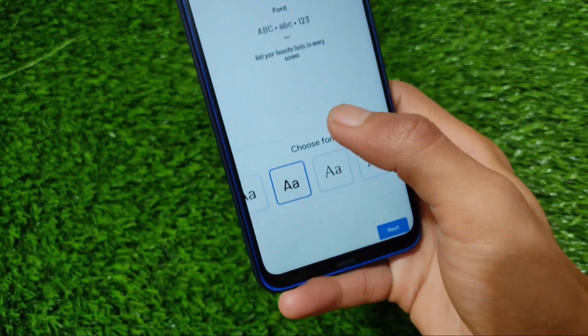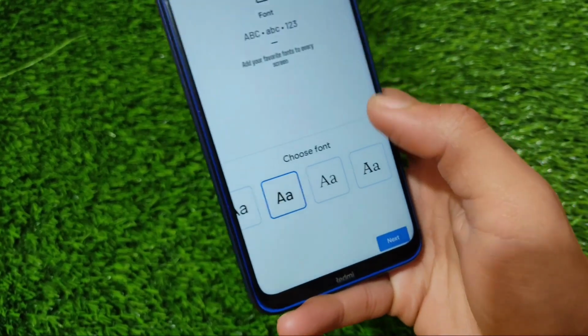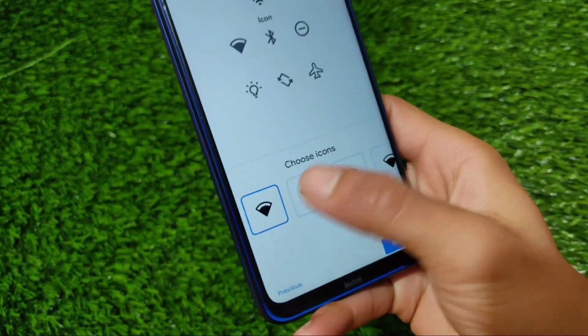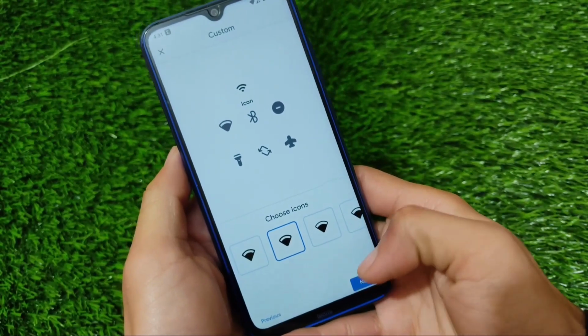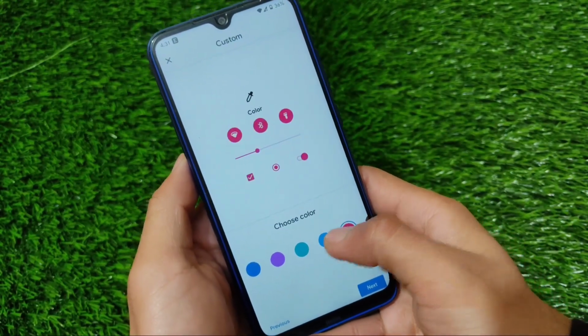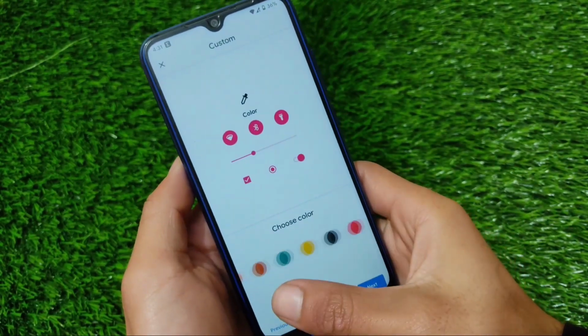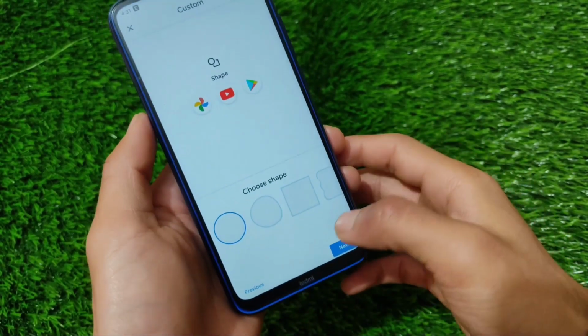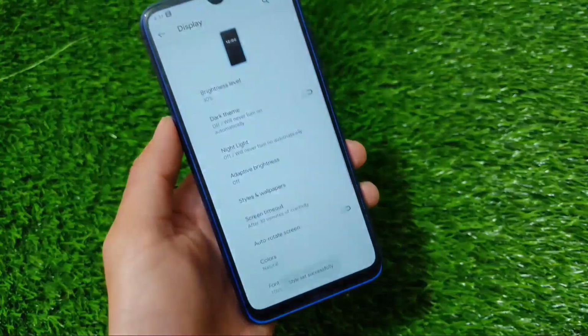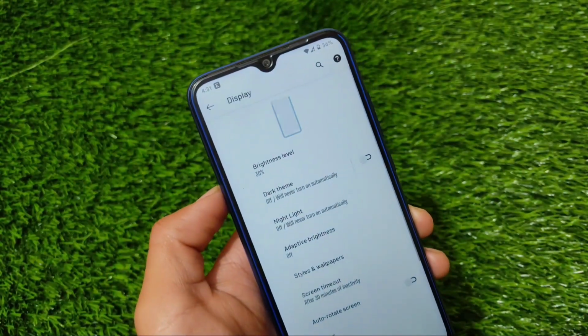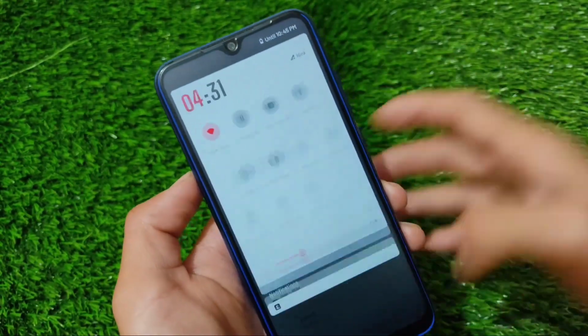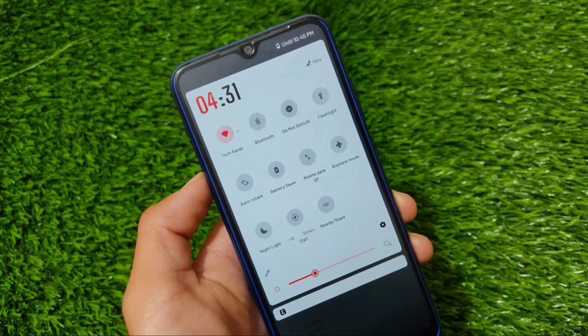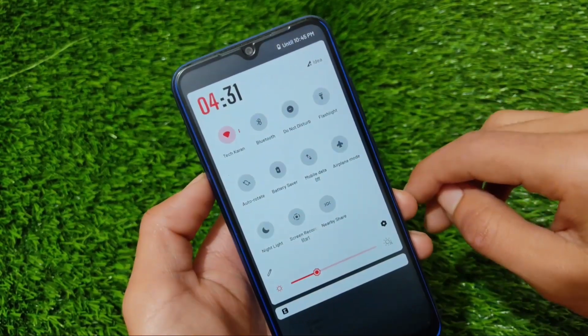For example, if I want to apply a font from here, or any different style, just go here, choose your icons. You can simply create your own custom style on your device. Let me try by choosing the red accent color. Yes, it's available here too. Click on next and we can choose the icon shape. Click on apply and it's done. We applied the latest theme and style here, and it's working perfectly fine. I didn't need to reboot my device, and didn't get any bug while applying the style for the first time.